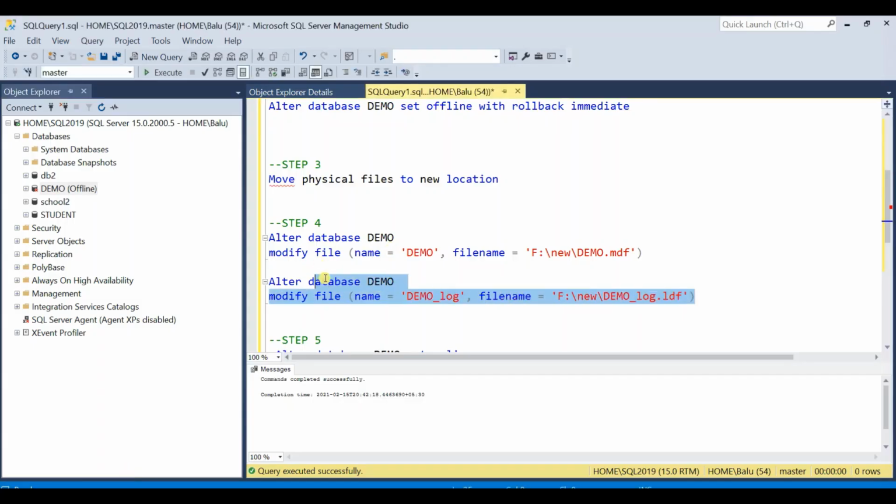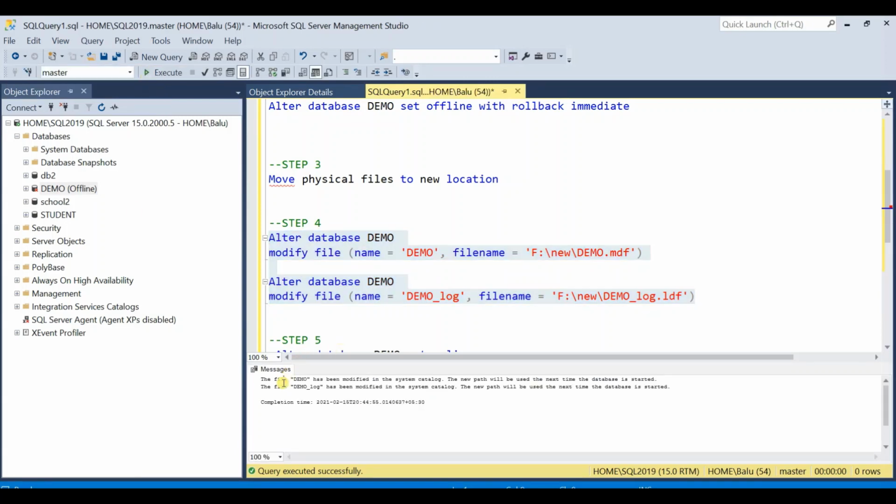Alter database name, modify file, mention the logical file name of the database and the new location of the physical file. Execute the statement, and you can see here the file demo has been modified in the system catalog. The path will be used the next time the database is started. It means when you bring the database online, our database is going to be hosted from the new location, that